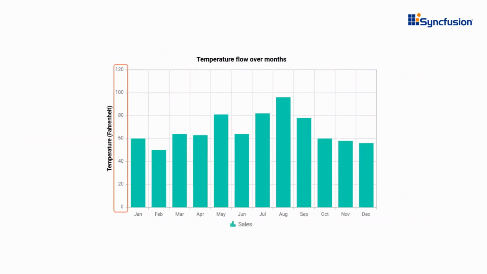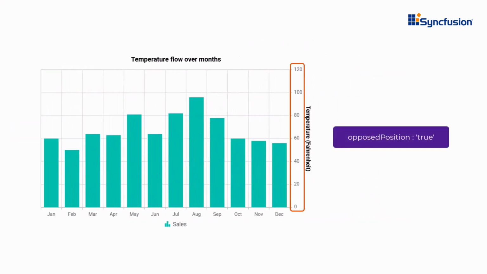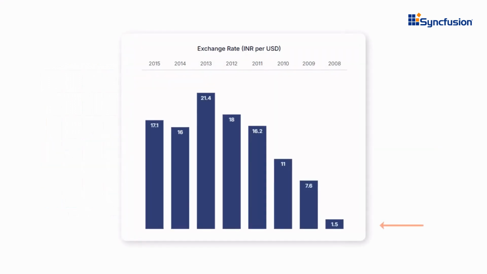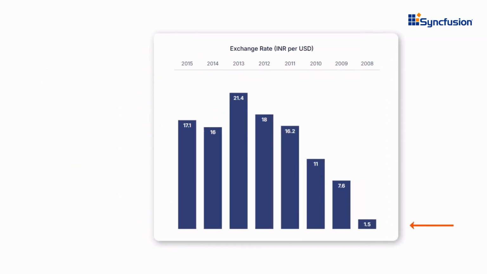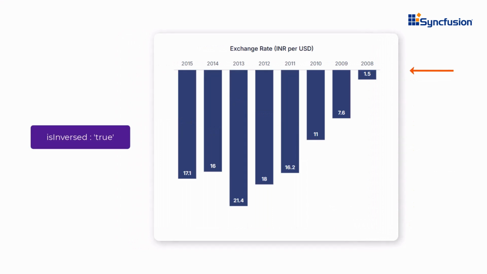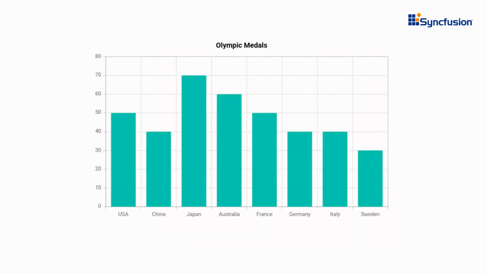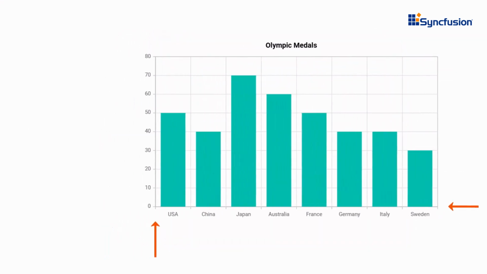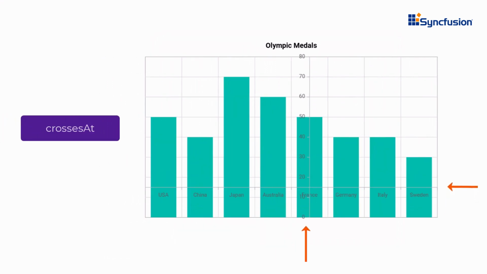Need to flip the axis to the other side? Turn on opposedPosition. Want the numbers reversed, so larger values appear near the origin? Just set isInversed to true. You can even make your axes intersect at any specific value using crossesAt,